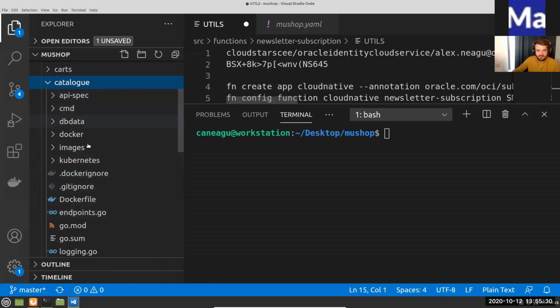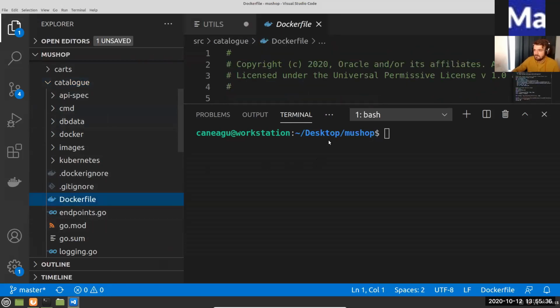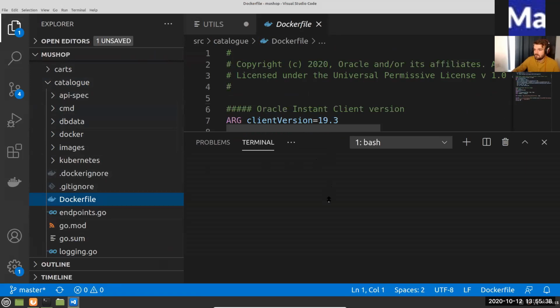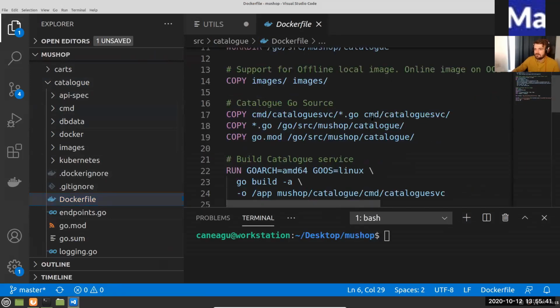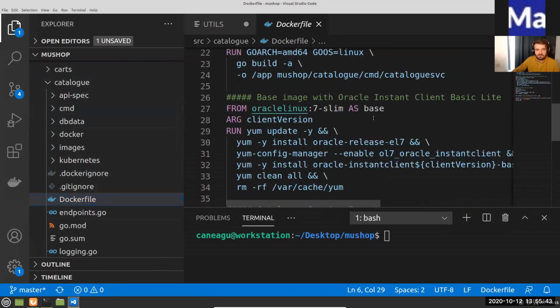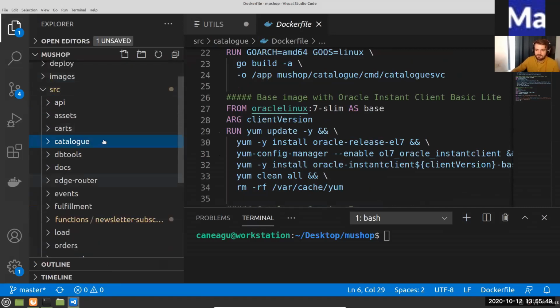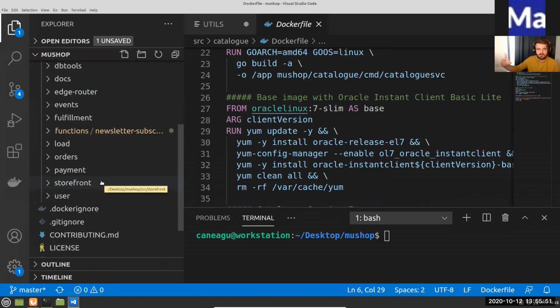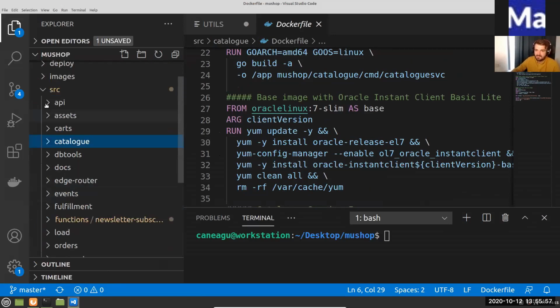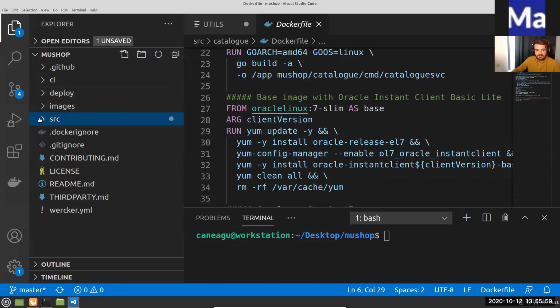We have everything here. We have the source code. We've made publicly available, for example, the Docker files, right? So basically, you have all the resources required in order for you to start playing with the source code. In the source code folder, you're going to have everything you need in order to start experiencing, from a developer point of view, playing with this application. Okay, let me close the source folder.